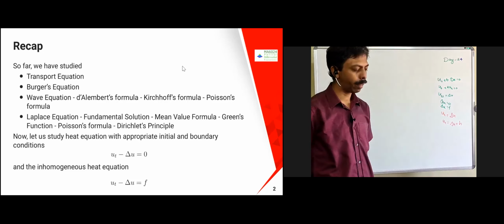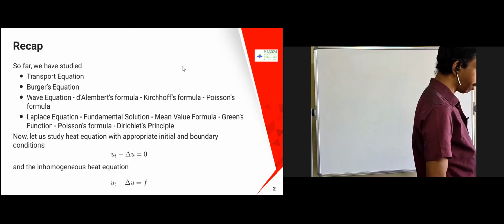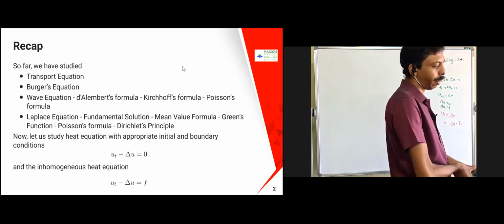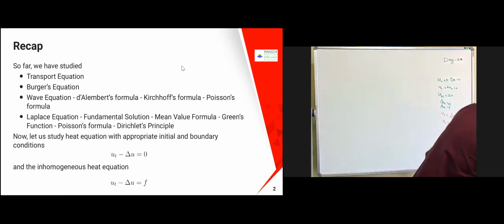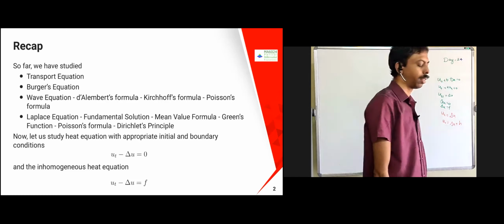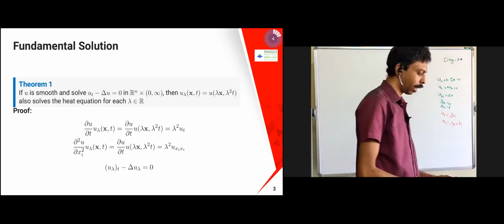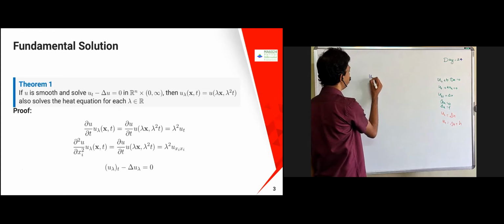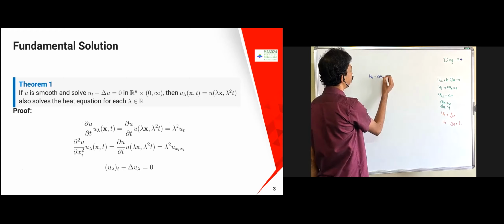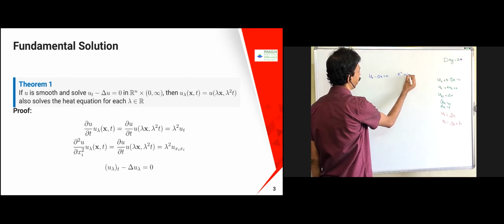Now what we are going to prove is that again we are going to derive the fundamental solution. First I will derive it for the one-dimensional case, and then we'll extend it and leave a few parts as an exercise, and you can derive it. So let's derive that again. Suppose, straight away on the theorem, u_t minus Δu equal to 0 in R^n cross (0, infinity).